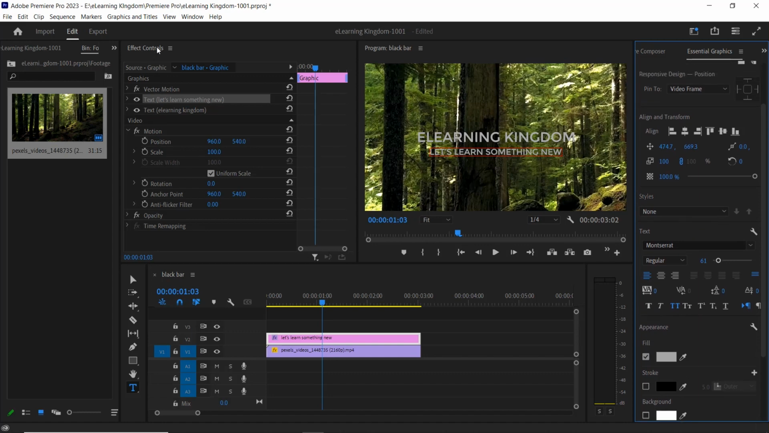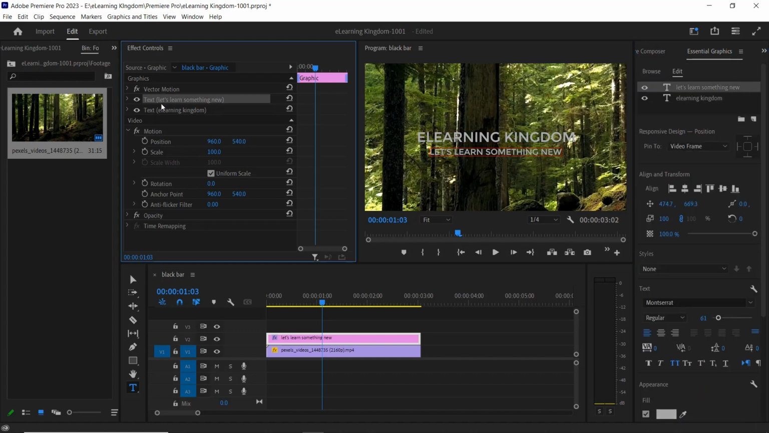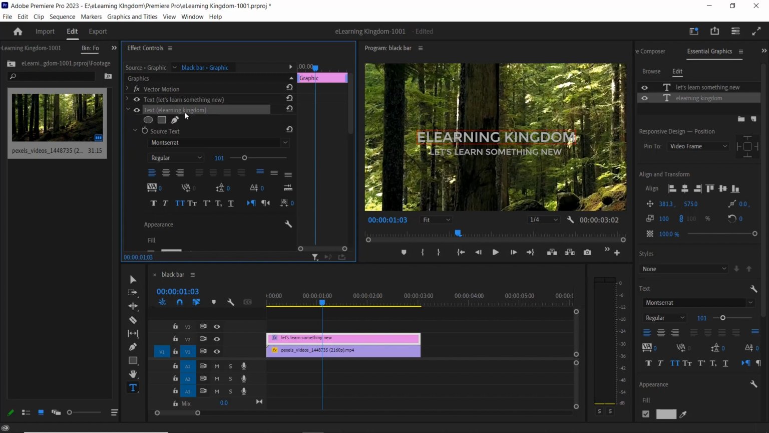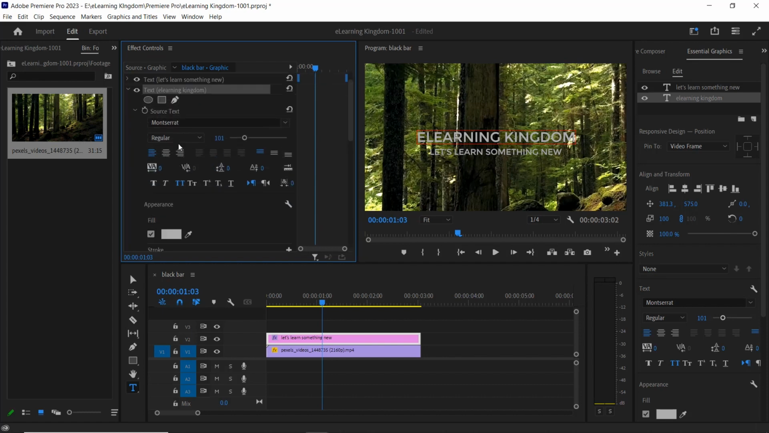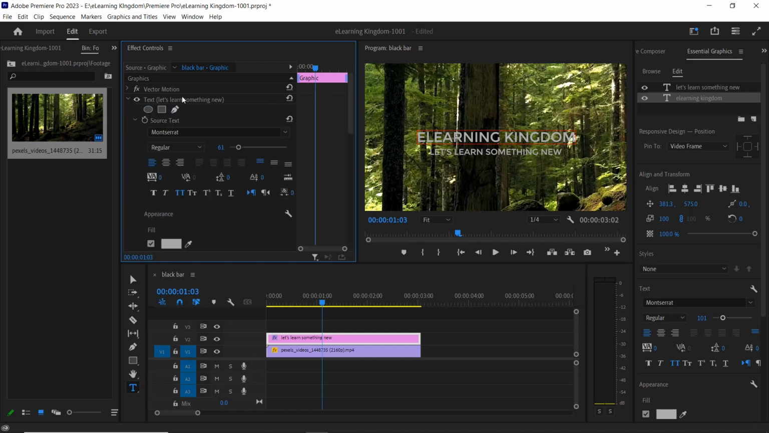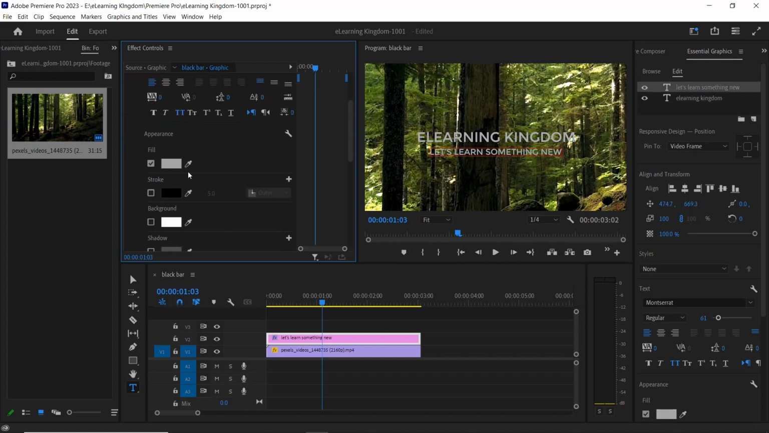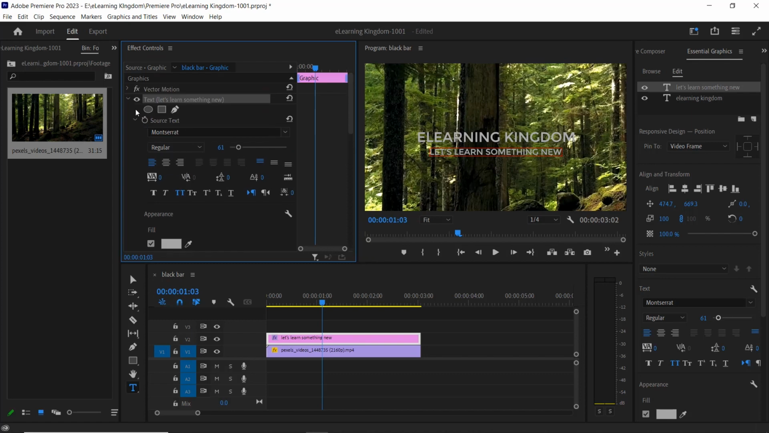Also see, go to the effect control and see this. First text is let's learn something new. Second text is eLearning Kingdom. And check the text, select the text and see there is the all style. Also after select this text you can see all style is here